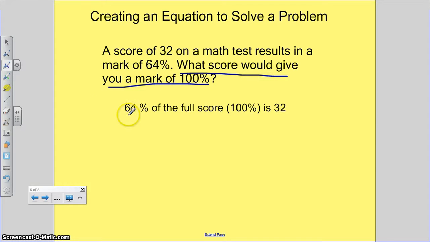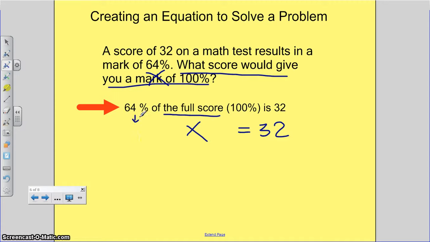So we could look at the situation, rewrite it, and think about it like this: 64% of a full score is 32. Okay, that's what you got. 32 out of something equals 64. So I'm going to try this two different ways, and you can pick up on whatever way you like. So when I write it this way, I can just translate that. What I don't know, of course, is the mark rate of 100. So that's the x. That's what I don't know. So the full score is x. My "is" is my equal sign,